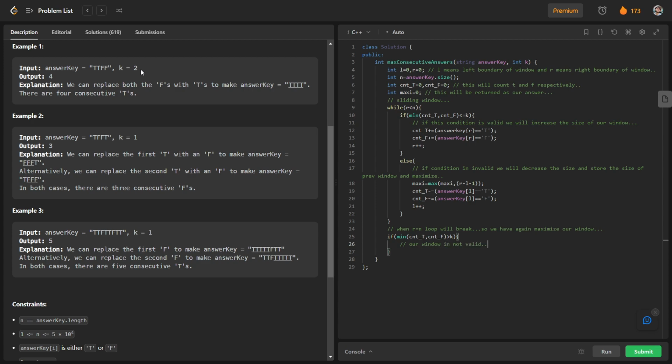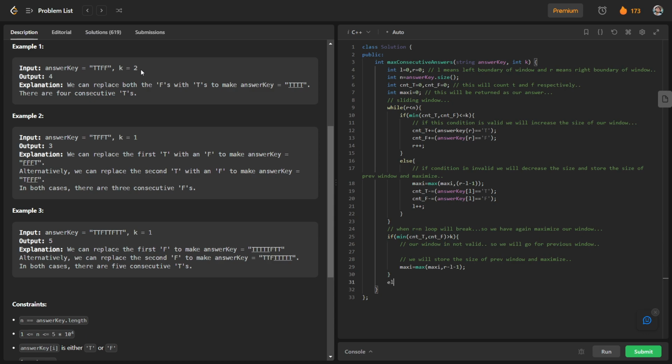Okay, so we will go for the previous window, and we will store the size of the previous window and maximize it. The size of our previous window is nothing but r minus l minus 1.